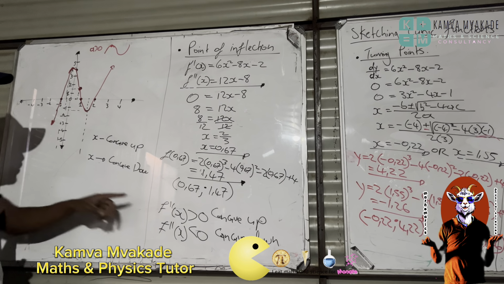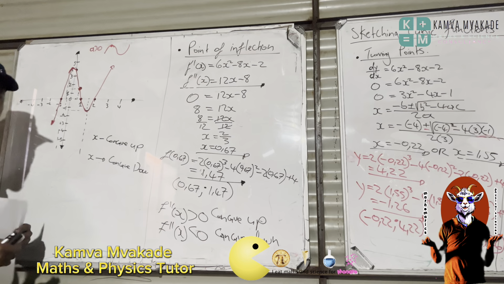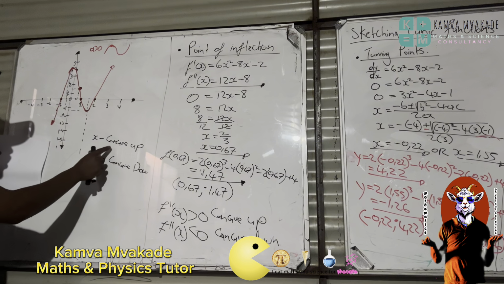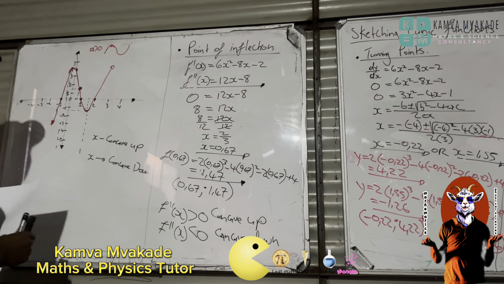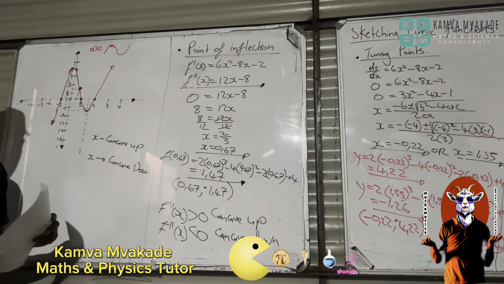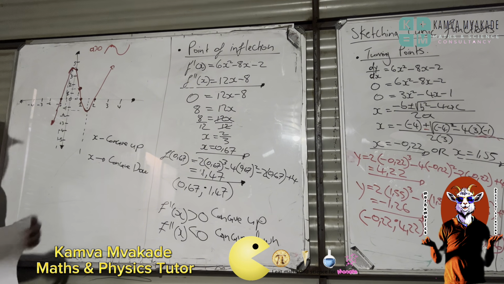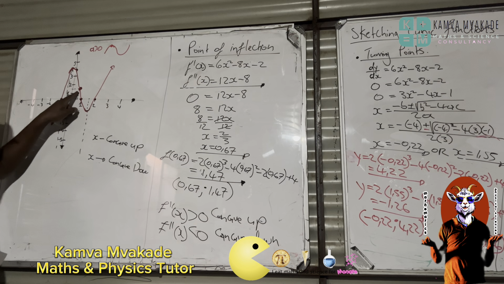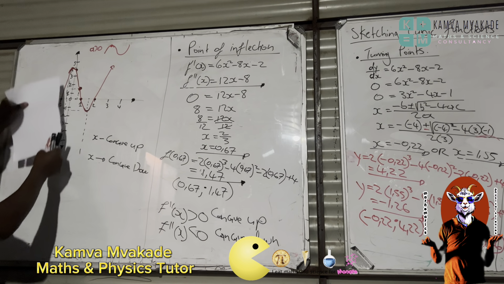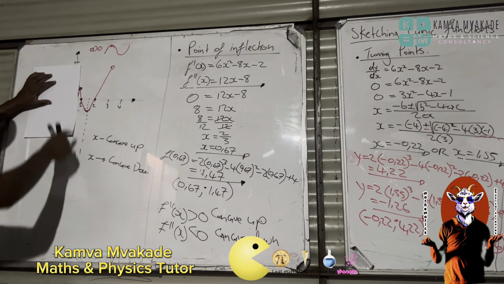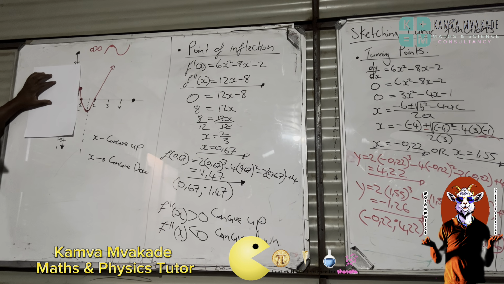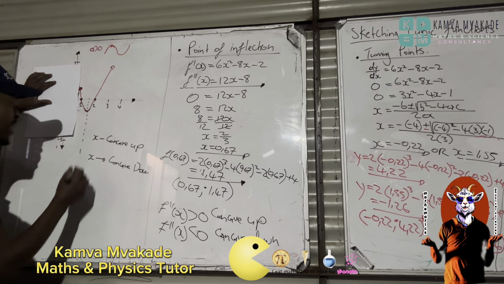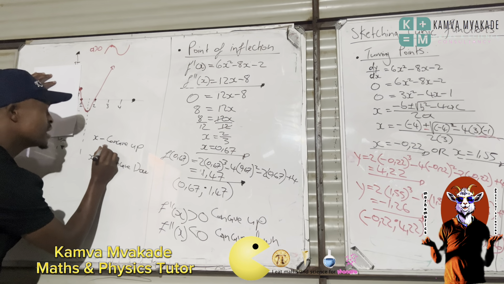Use the point of inflection to see concave up and concave down. So they want the x values where the graph is concave up, facing upward, and concave down, facing downward. Where is our graph changing its concavity? At the point of inflection. So you are going to focus on the point of inflection. On your paper, mark the point of inflection. You see the graph facing upward here. So the x values starting from this point of inflection, where the graph faces upward, for concave up we say x must be greater